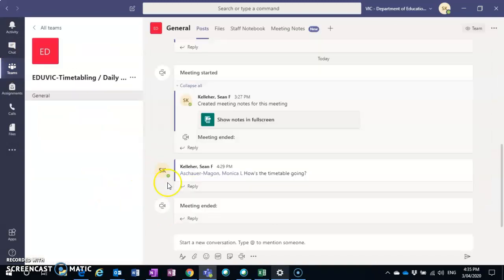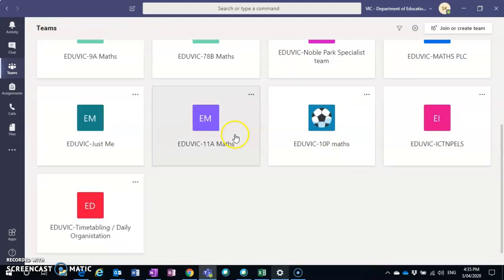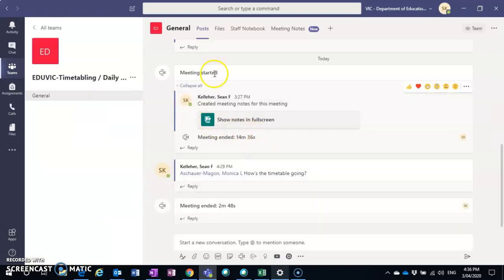If I'm already in one of the teams, like this, then up here I can get back to all the teams. So there's a list of all the teams that I'm part of at the moment, because that includes lots of classes as well as PLC teams and things. So I'm going to use my timetabling team to demonstrate this. So I open the team,